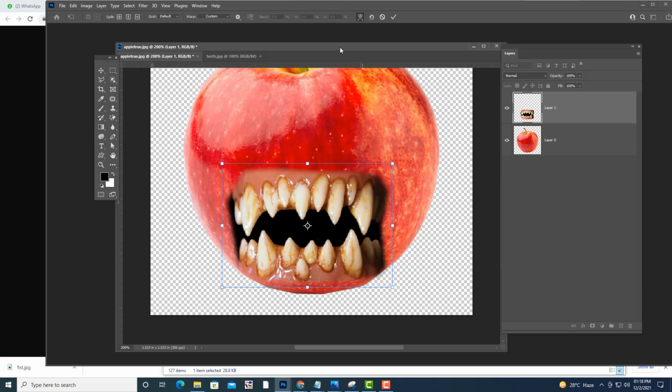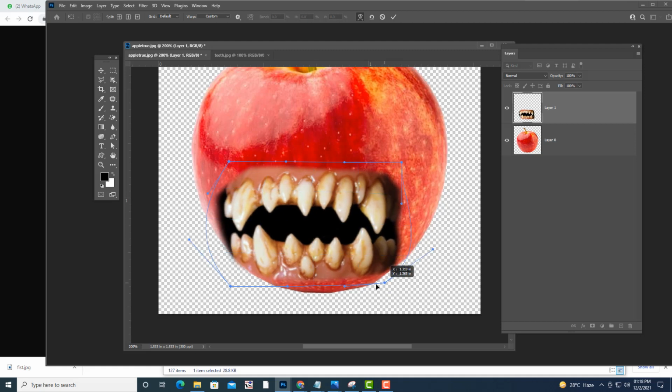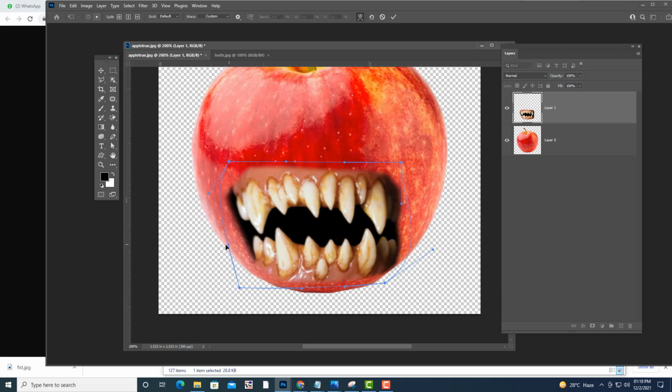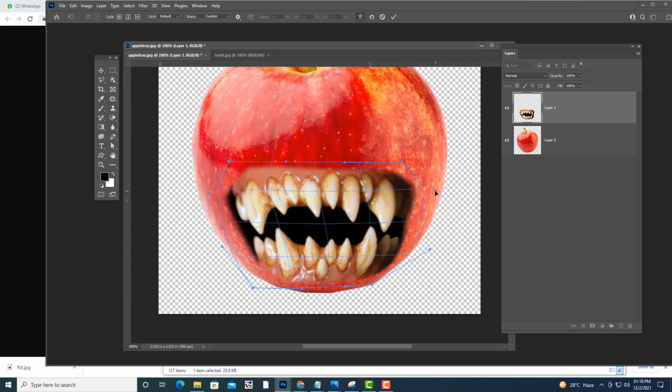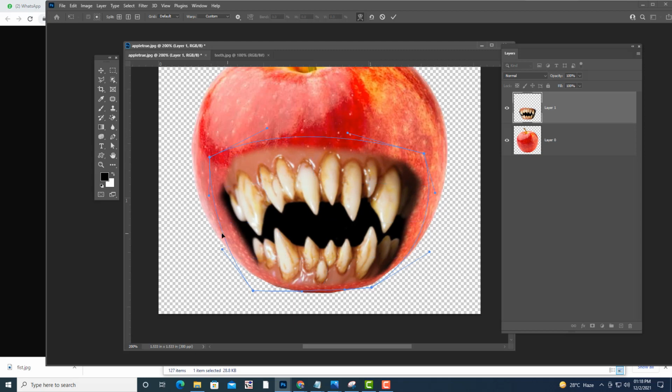So this is the warp tool. See, try to adjust it like this.